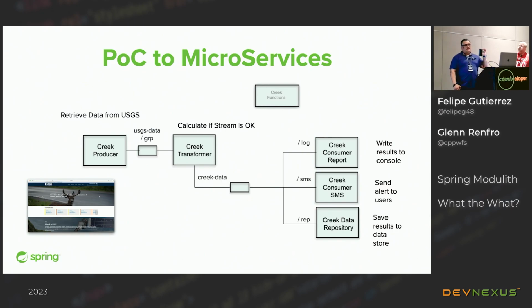Now, let me tell you about these individual microservices. We use Spring Cloud Stream. Spring Cloud Stream is, and this is my personal opinion, one of the best projects from the Spring team. Why? Because it allows you to do the communication from one microservice to another without you knowing the technology, meaning that you can swap binders.